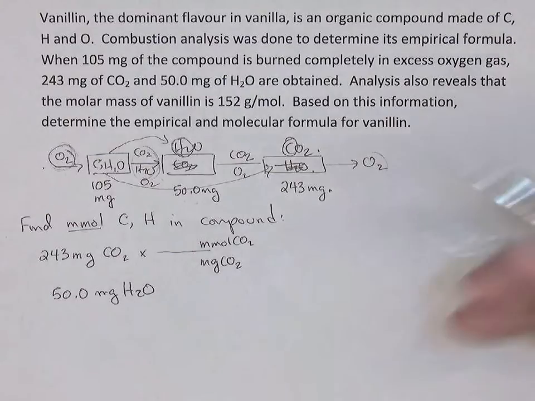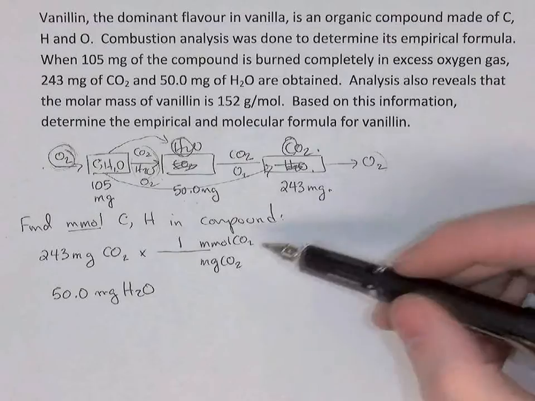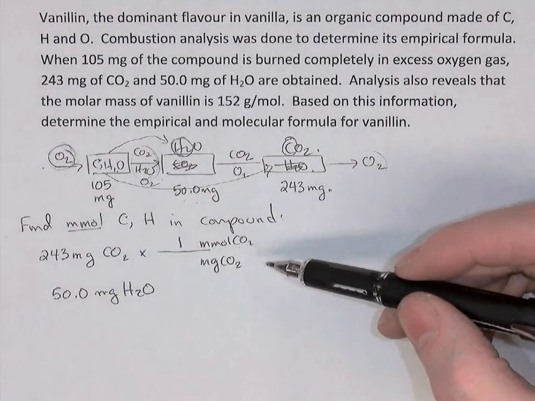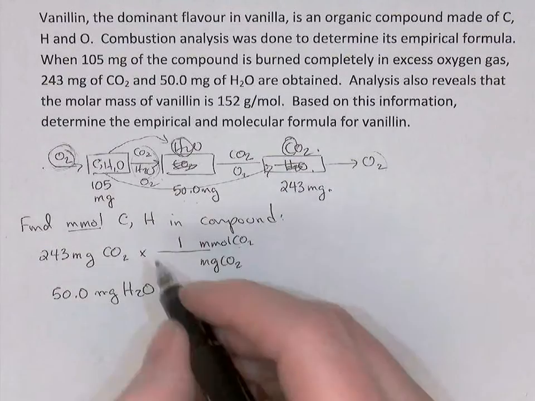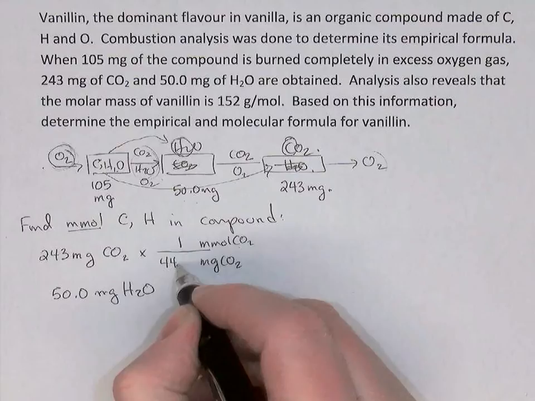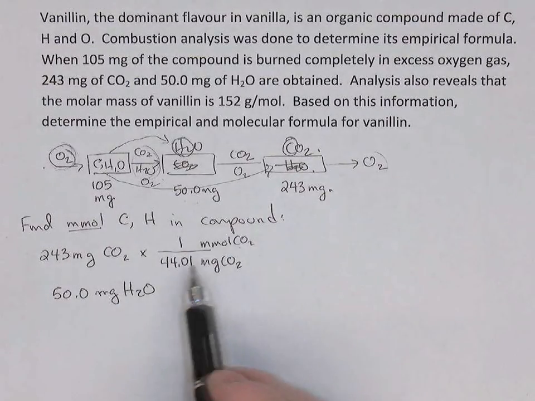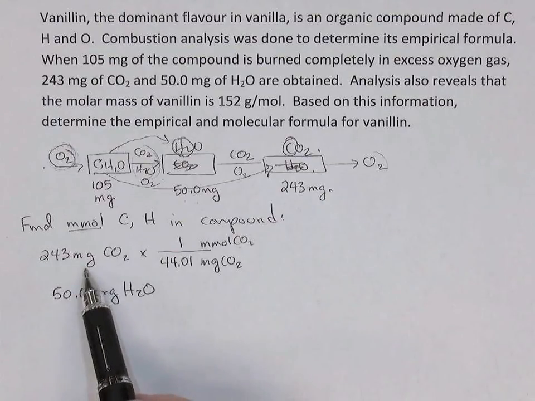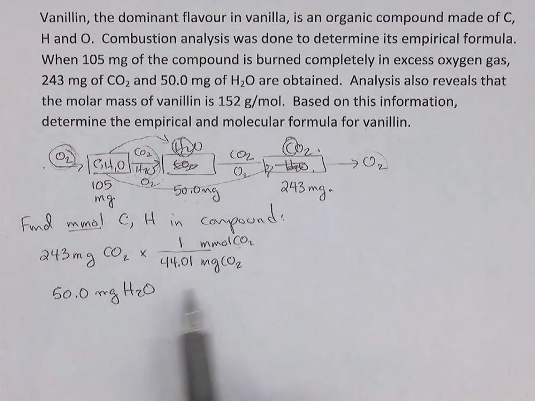So I look up CO2 on my periodic table. There's 1 carbon and 2 oxygens. So 12.01 plus 2 times 16, 44.01 milligrams. Now if this really bothers you, then what you could have done is simply converted the milligrams to grams, then grams to moles. But I like leaving it like this because now my numbers are going to be larger and I think easier